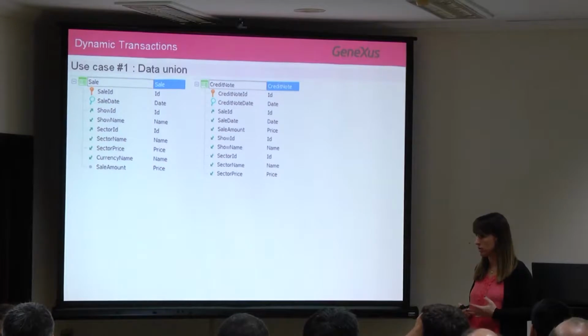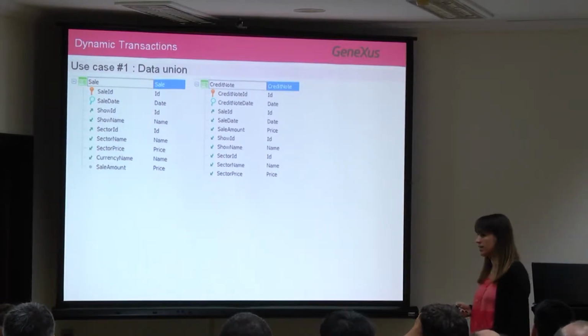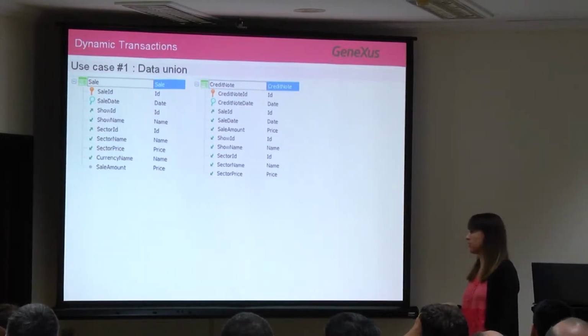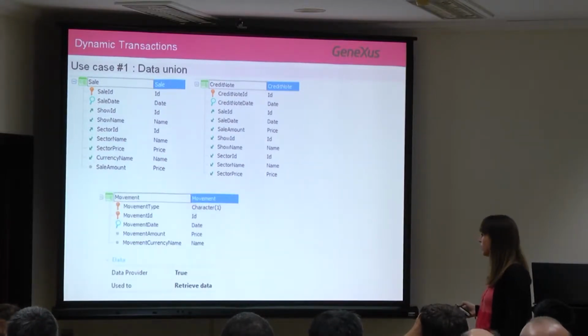Now, we have to have all this data together. This is the movement. This is a movement concept, and we want to have all that together. To that end, you want to print them ordered by date. A possible solution, which is wonderful in relation to how we would solve it earlier, was to define a transaction